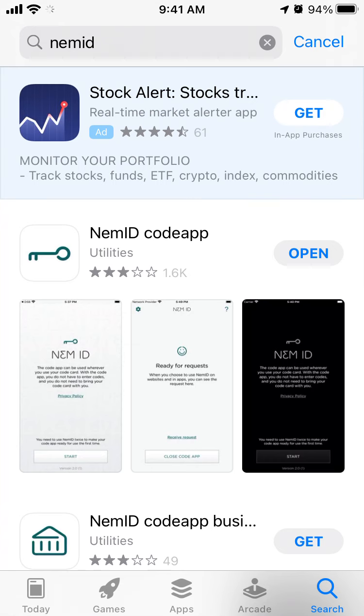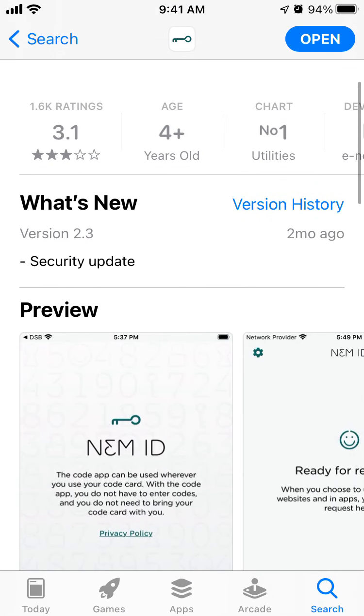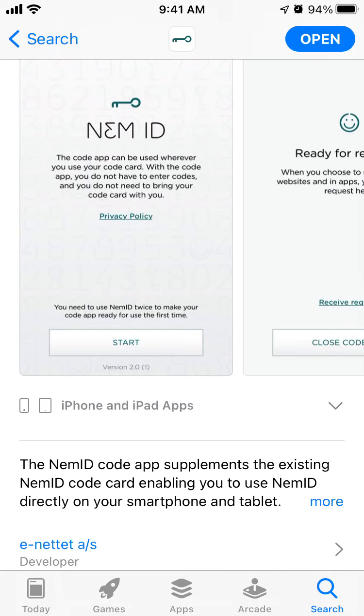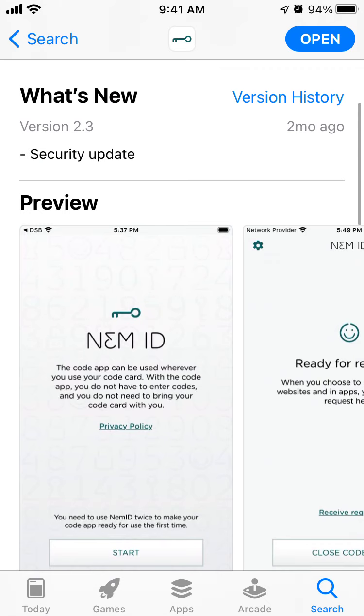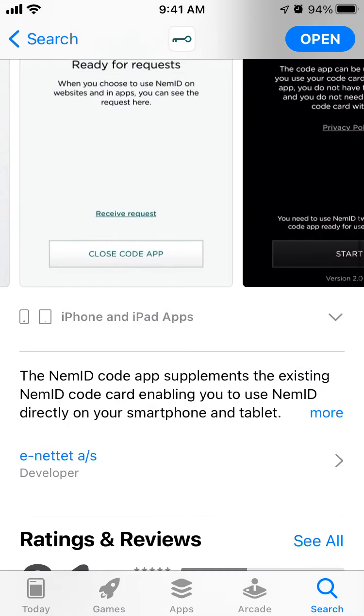Hello everyone, so let's explore how to use the NemID code app. This app is constantly in the top charts in the Danish App Store as it replaces NemID code cards. And this is just an app, and the whole process of using NemID is much easier with just the